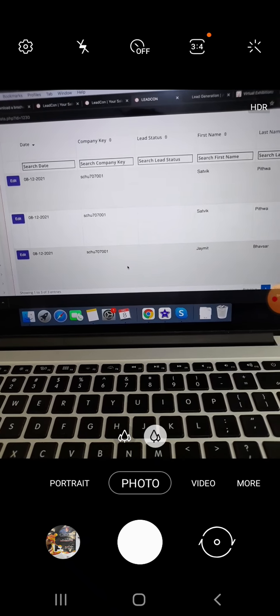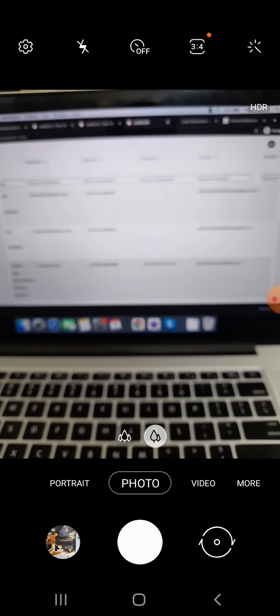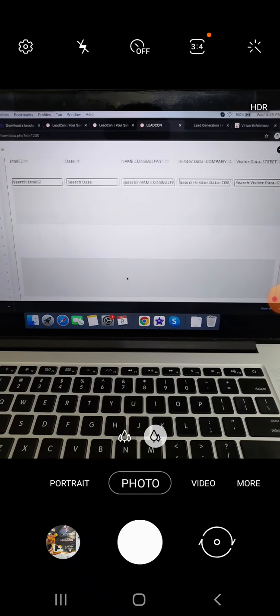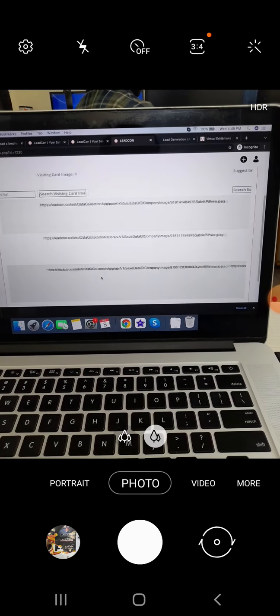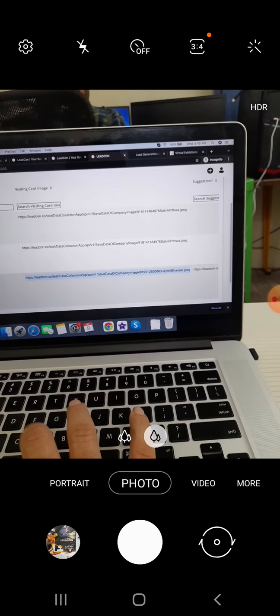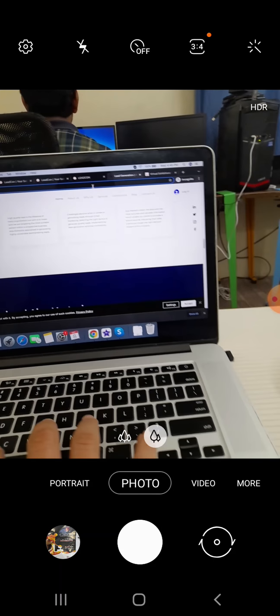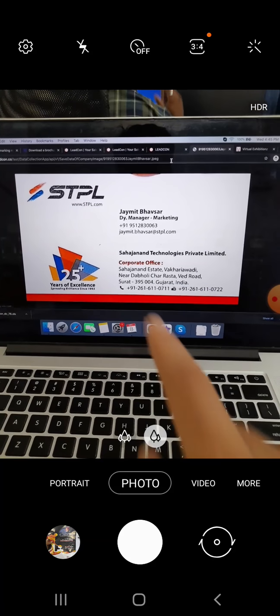So, Miss Rakhi would be able to see. And see, this is all the data that we have captured, with all the details and whatever we had chosen. Now see, this is the interesting fact. These are the visiting card images. Can you see this?